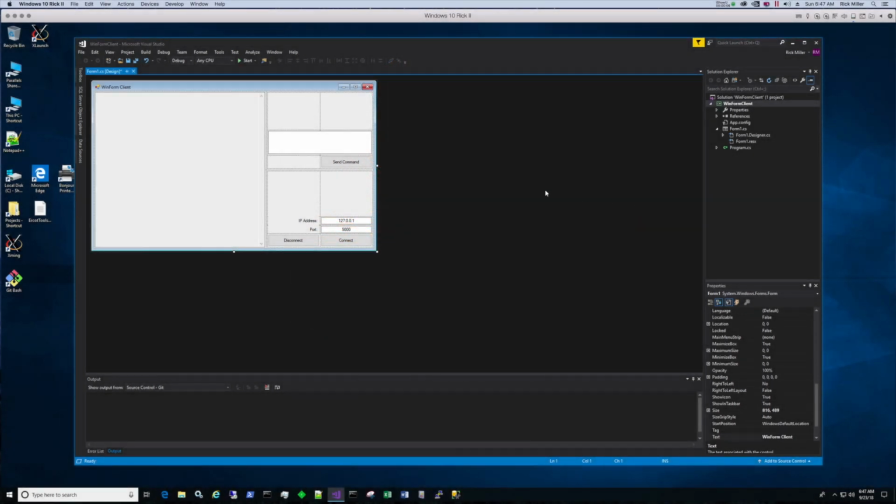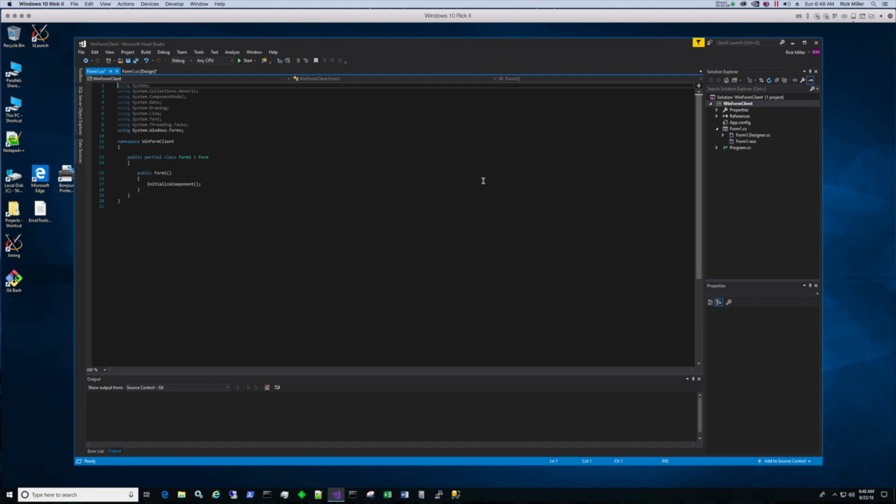Picking up where we left off in the previous video, I'm going to code up the client application. So right-click on the black background, or whatever color it is in your version of Visual Studio, and select View Code. Okay, this is our form. I like to rearrange it so that the form design is on the left and the form1.cs is on the right. But before I start coding up this class, just like I did in the server, I'm going to add the utilities